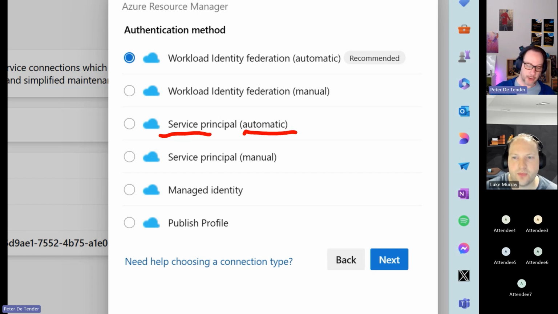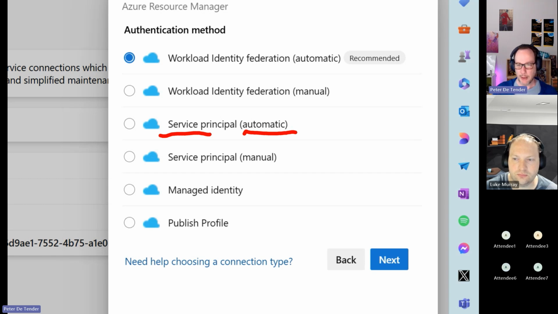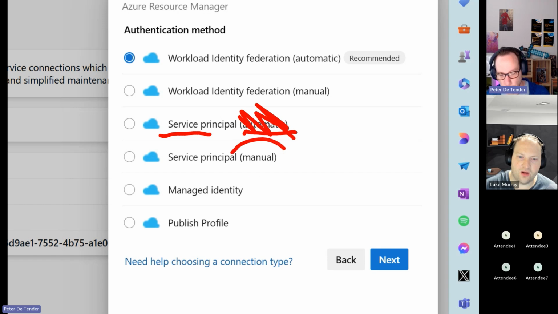But in most organizations, we don't trust our Azure DevOps team. And it's not about not trusting people, it's just following what we call zero trust within Microsoft, like verify explicitly, least amount of privileges. Why would we give you permission to create a service principal if you're typically not doing that as your day-to-day job? So that's where automatic, I would say, forget about it. Again, it's not wrong if you use it, if you do have the permissions, and on top, you know what it actually means. So now you would go for manual,